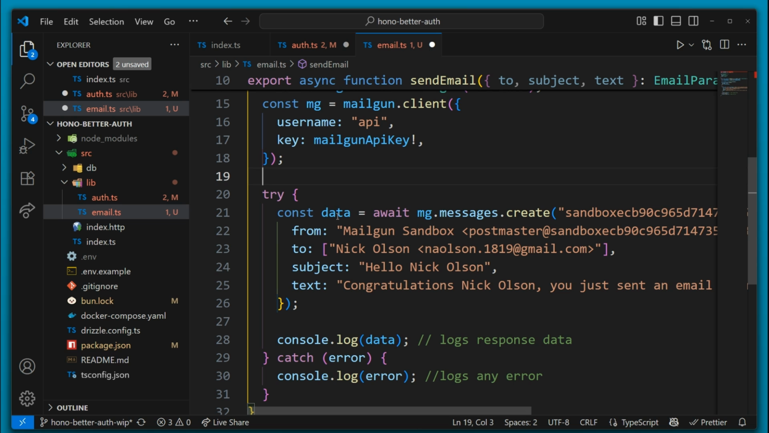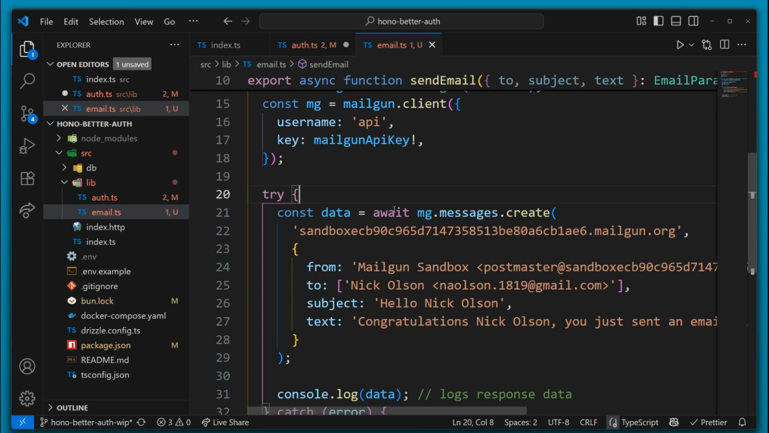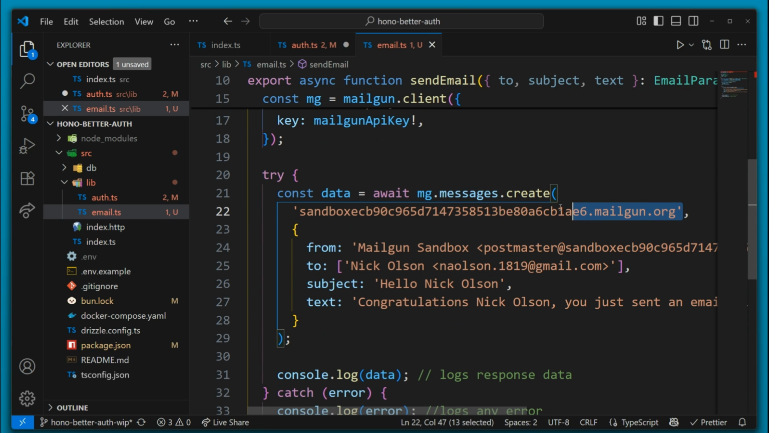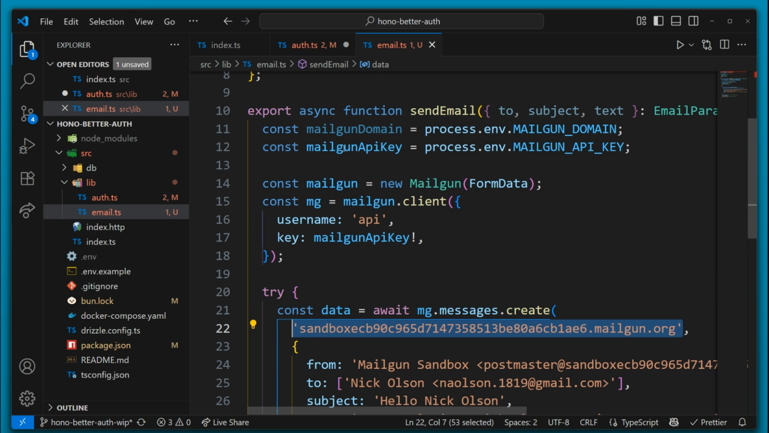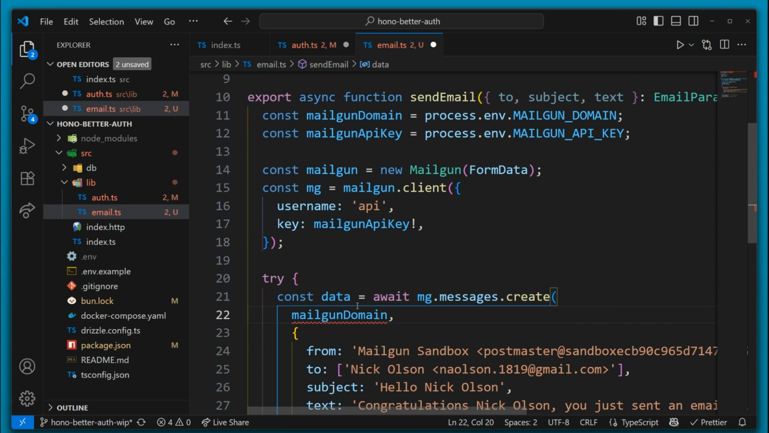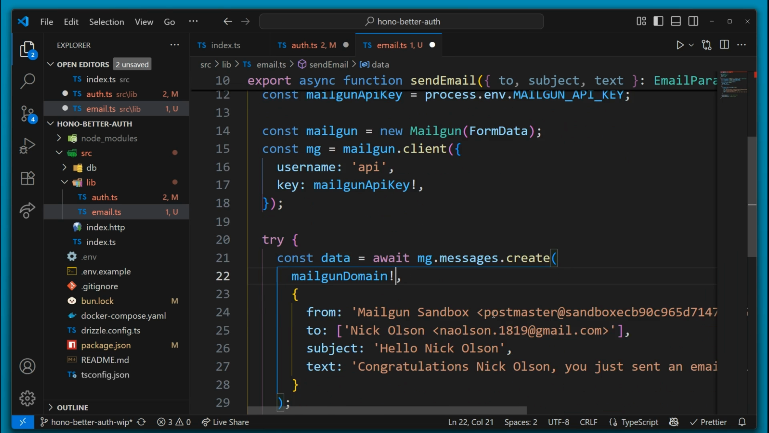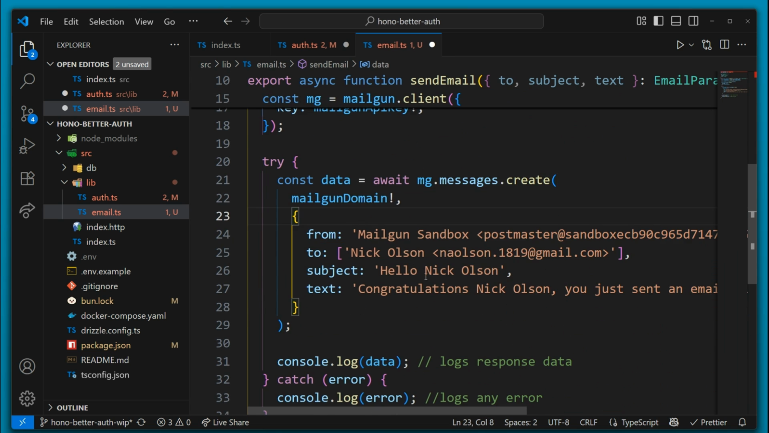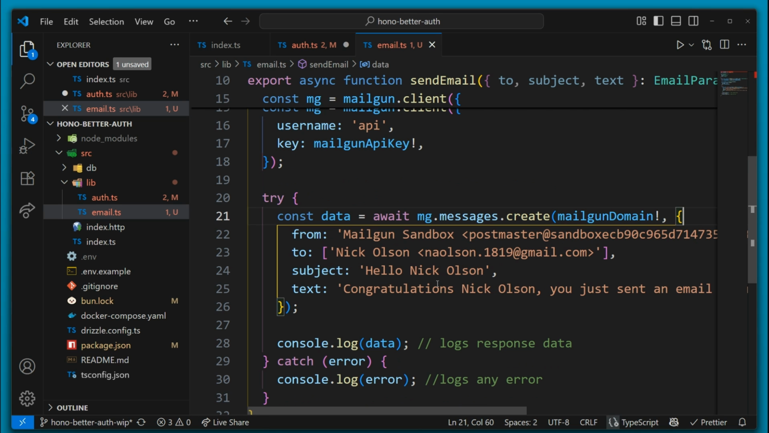Looks good. And now we get to the actual email. So here's the sandbox domain, but we put that into an environment variable, so let's use that instead. So we'll call that the Mailgun domain. And there we go, saying undefined. We know it is. So TypeScript can ignore that one. And then from